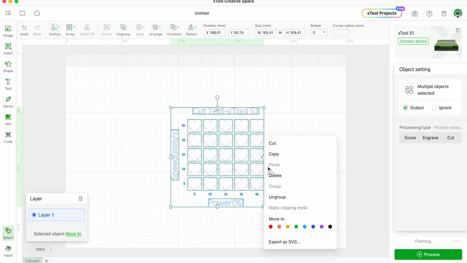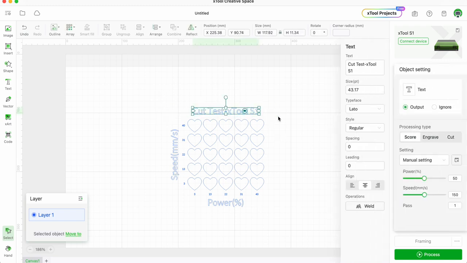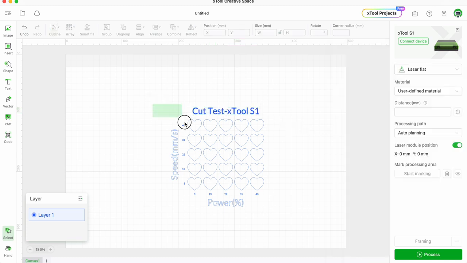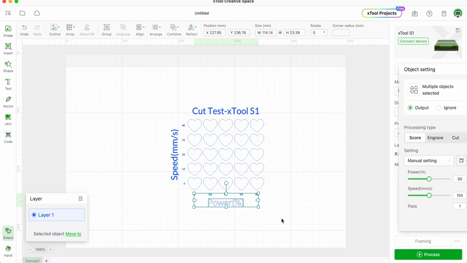I'm going to ungroup it, like that. Now all of it is set to cut at the moment, and I don't want this lot cutting out. I mean, that would be silly, wouldn't it? So I'm going to set that to engrave, and likewise with these pieces down here and these pieces here, set